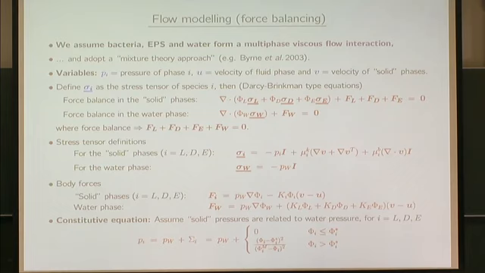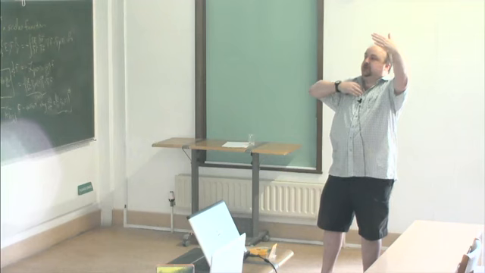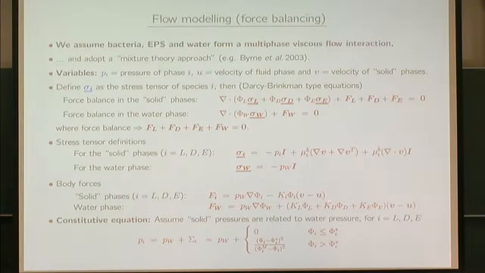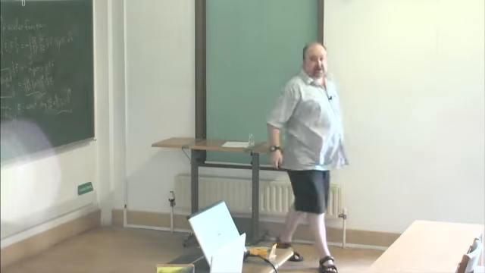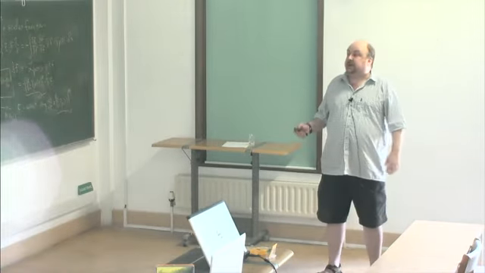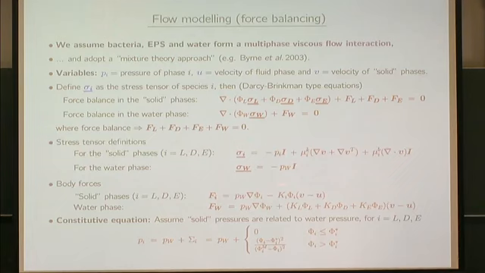Of course we've got two velocities here. We've got the velocity of the solid phase and the liquid phase. So V minus U is the relative velocity, which is the acting force of the drag. So you've got the drag terms. So we devise these so that the body forces all add up to 0, and